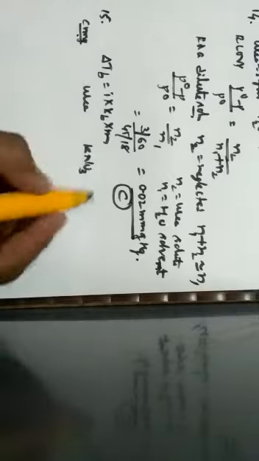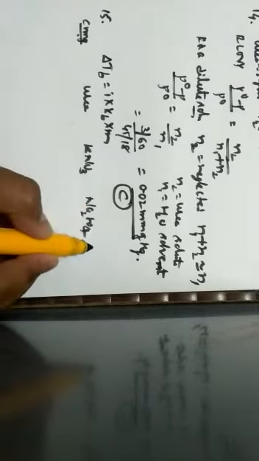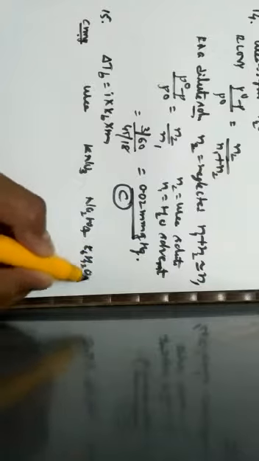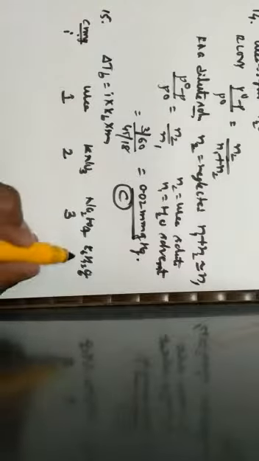The other one is potassium nitrate. The third option is sodium sulfate. And the fourth option is what? It is glucose, that is C6H12O6. So here, when I take the value of i, urea is a non-electrolyte, no ions, it will be 1. Potassium nitrate gives 2 ions, sodium sulfate will give 3 ions, and glucose will give 1 ion. Therefore the concentration, here it has been mentioned as 0.01 molar of urea. Hence I'll take the value of i into m.